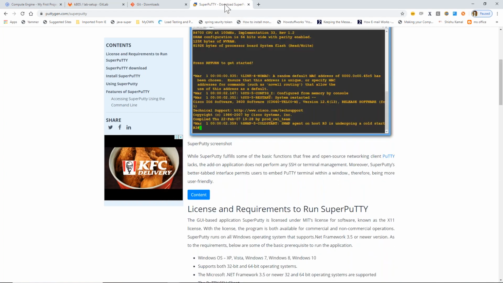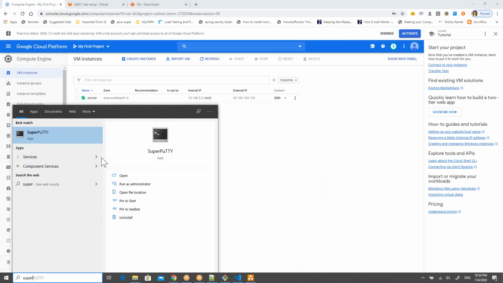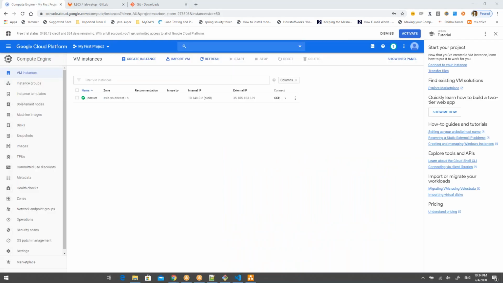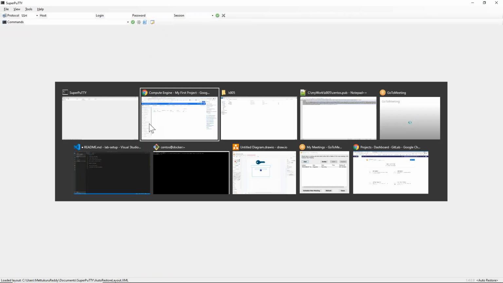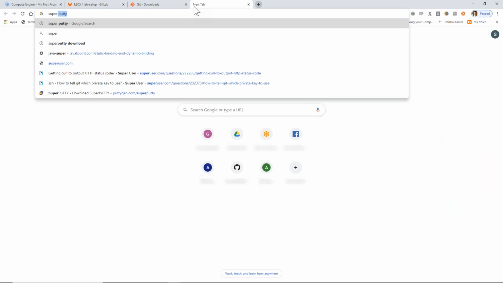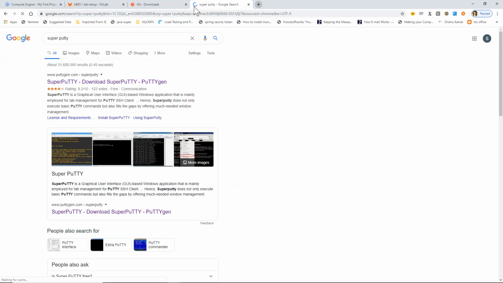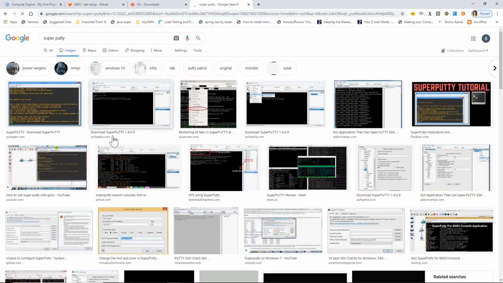Very easy, just like your VLC media player. Once you install it, launch it. I already installed it. The first time you launch it, it will ask you for your PuTTY location, because in the background it will use your PuTTY.